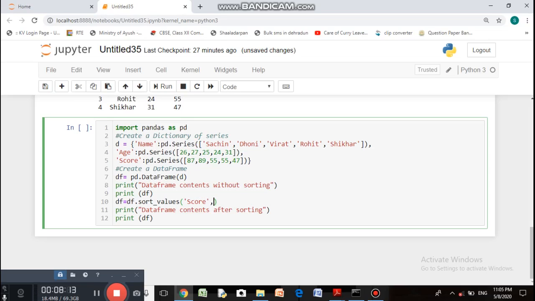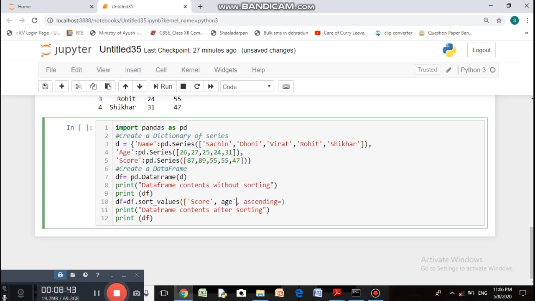So here I will write, firstly we will mention both the columns, sort values, score comma age.